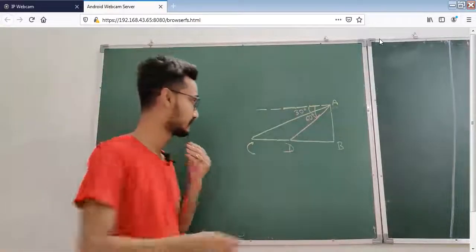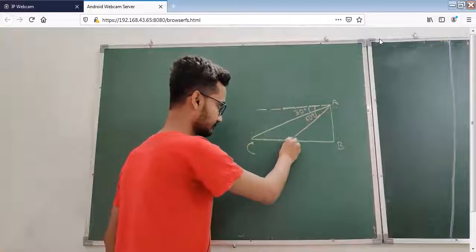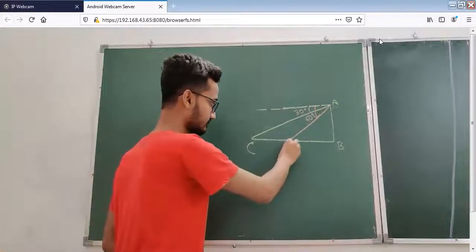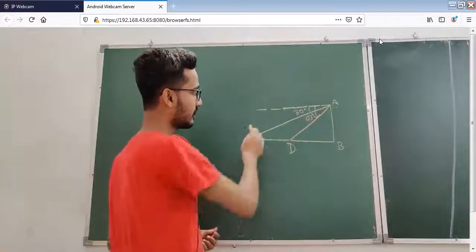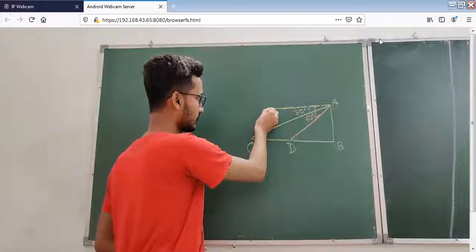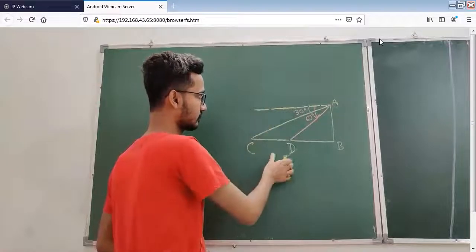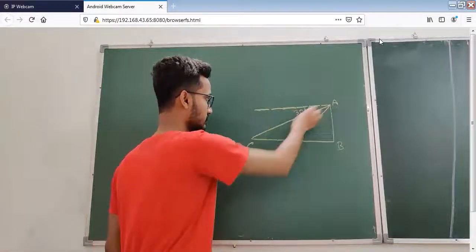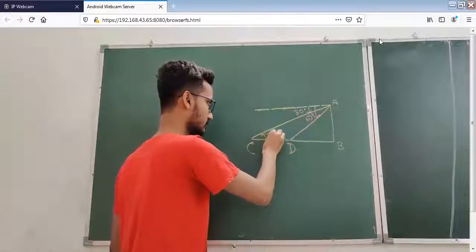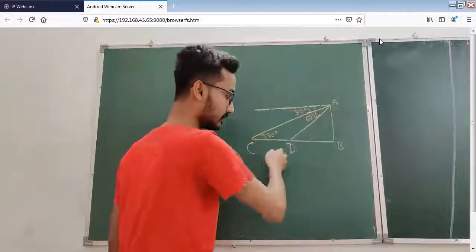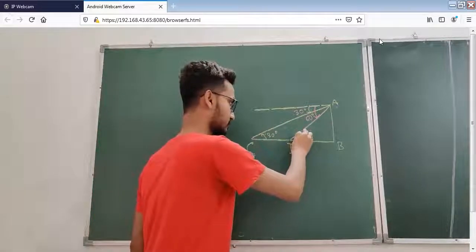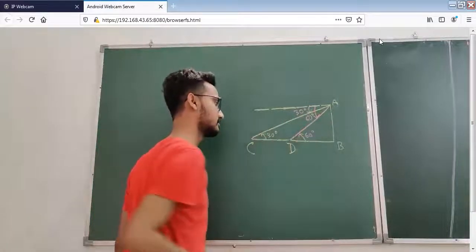So suppose this is point D. Now see, I have already explained that day: the horizontal line and the ground are parallel, so this angle will be equal to this angle, because AS is the transversal. And again at point D, AD is the transversal, so this angle will be equal to this angle. So this will be 60 degrees. Isn't it clear up to this?